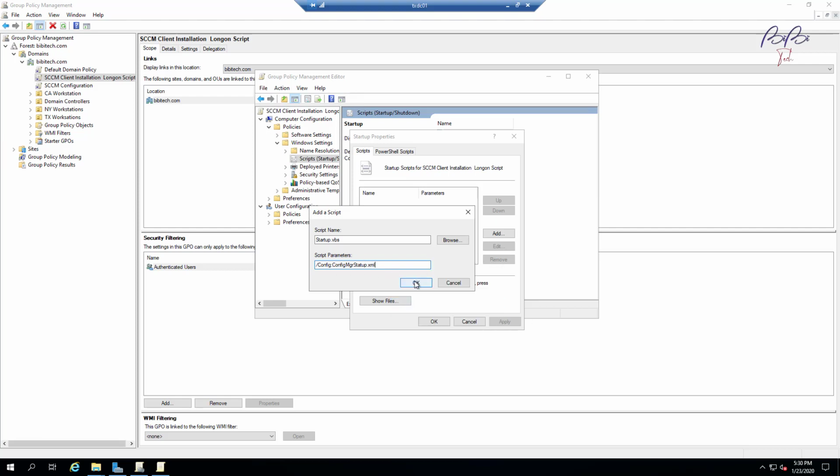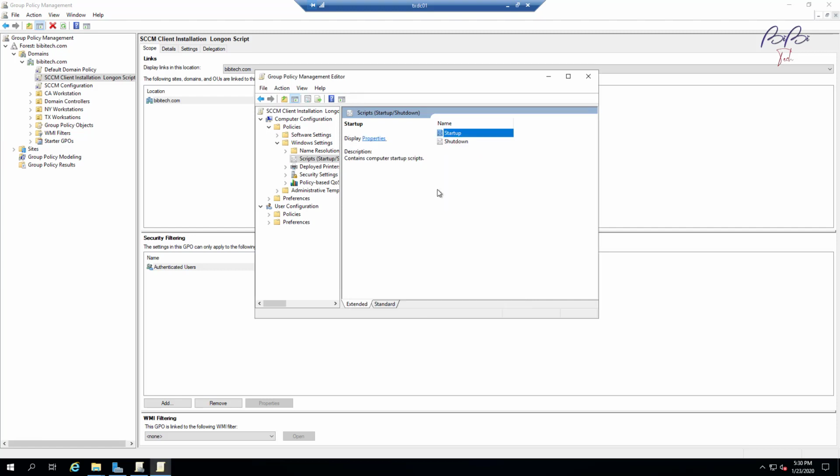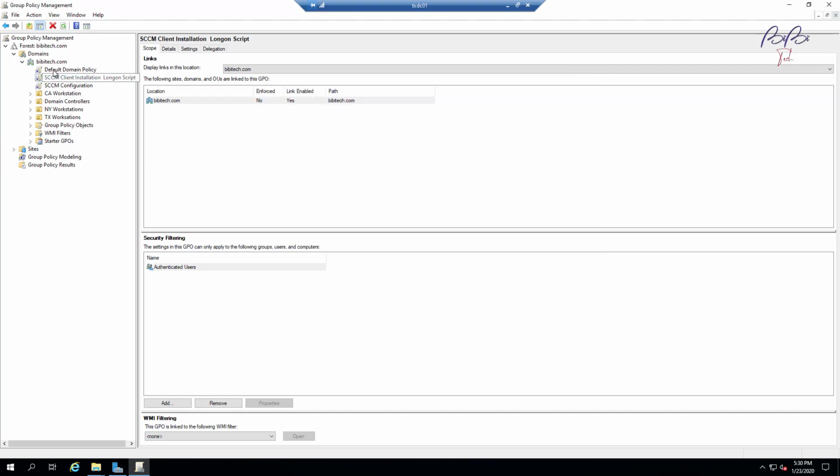All right, then click OK, click apply, click OK, and you could close this one now. Now you are done with creating the GPO. And if you want to enforce it, you could right click and then select enforce too. So this is enforced now. We are done with the